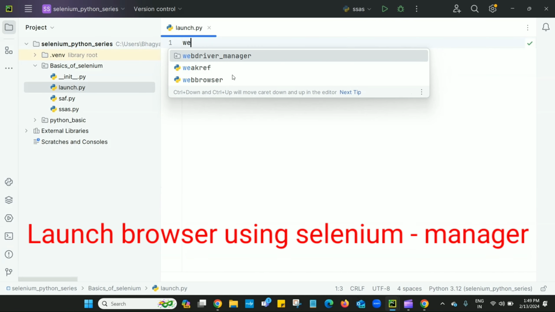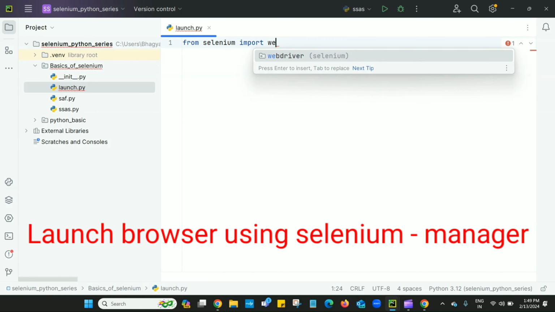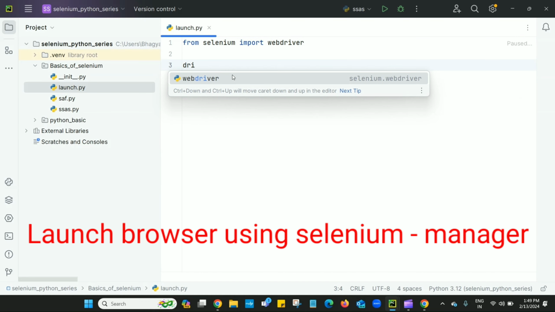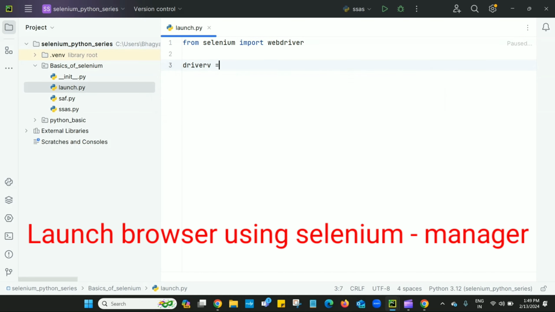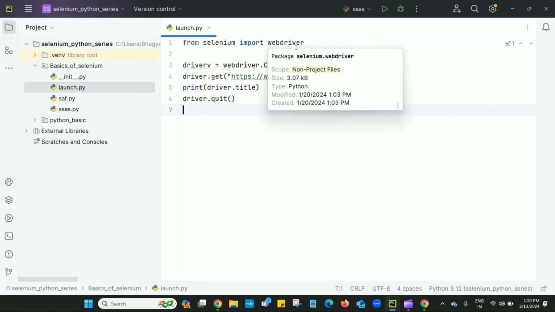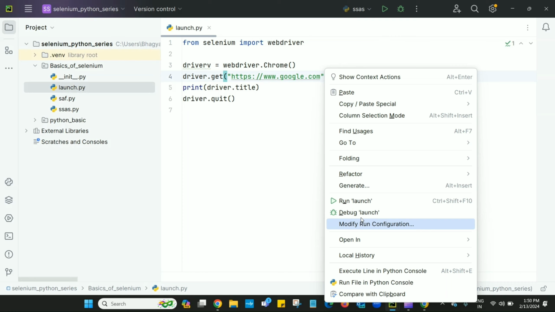From selenium import webdriver, and driver equals webdriver.Chrome. So this is my code. With a Selenium version greater than 4.6, I can execute this without passing the executable file path. Let's execute this and check.